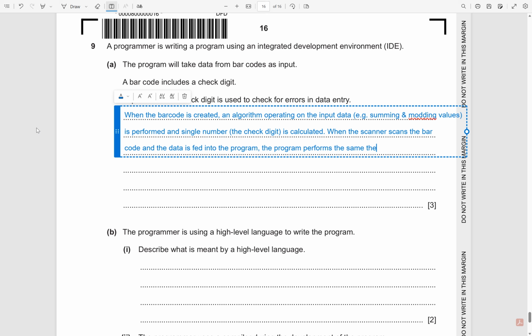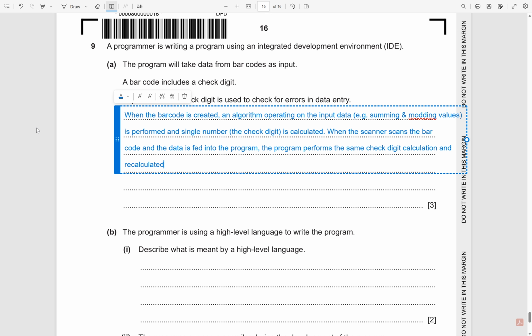check digit calculation. It recalculates the check digit. So if the check digit is the same as the check digit on the original barcode,